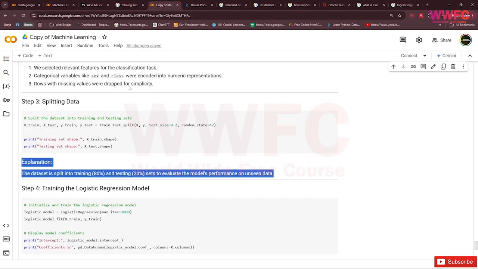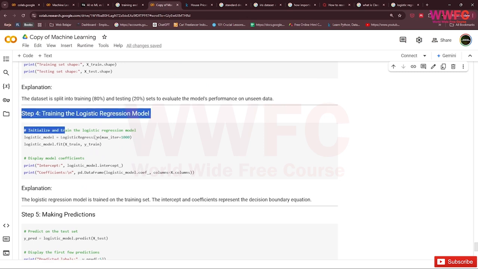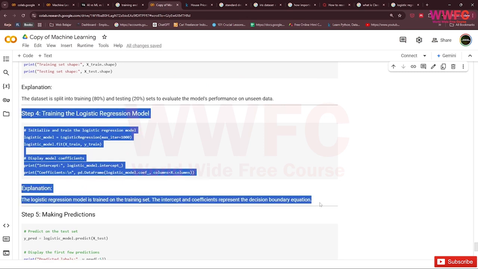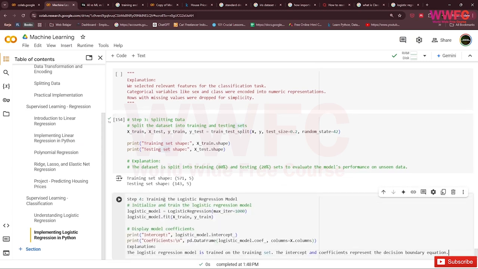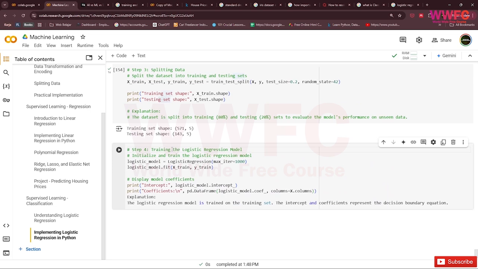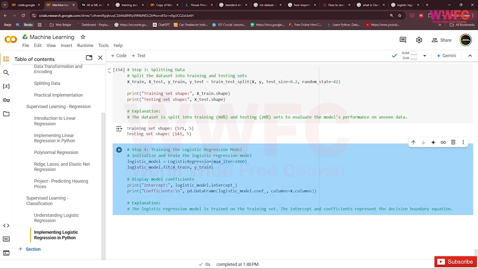Next, we go to step 4, training the logistic regression model. So in here we train it. Step 4 is training the logistic regression model. The logistic model is LogisticRegression with max iteration 1000.